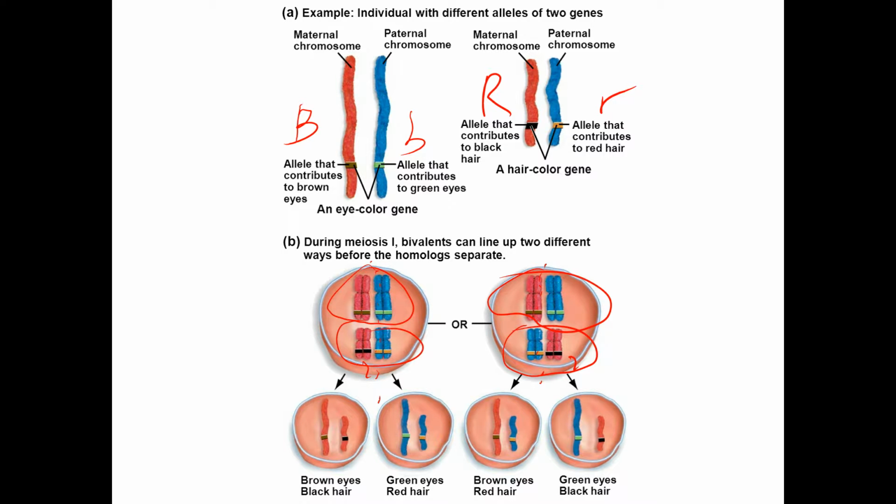This leads to genetic variation all on its own. You'll notice that at the end of this process of meiosis I,